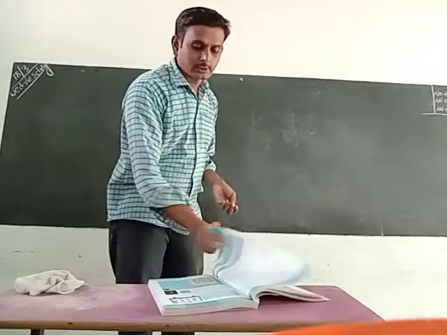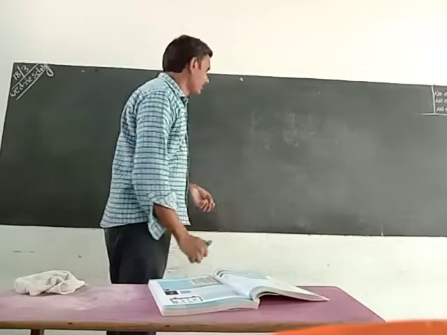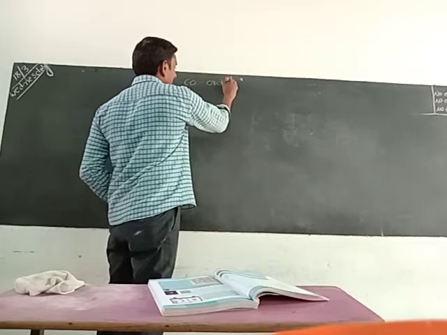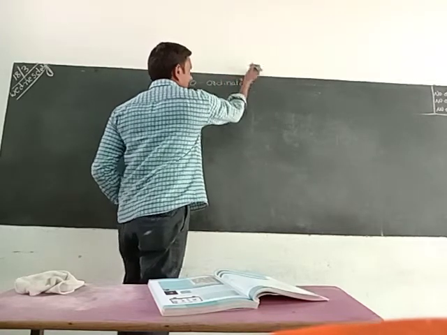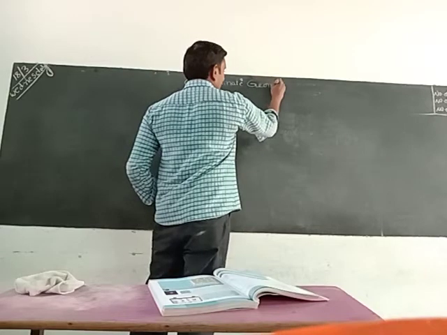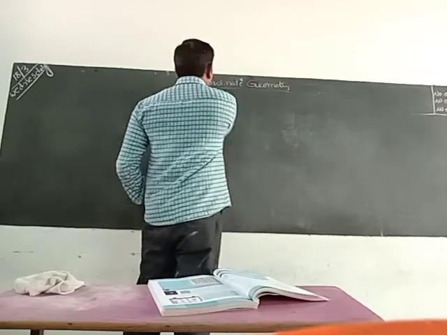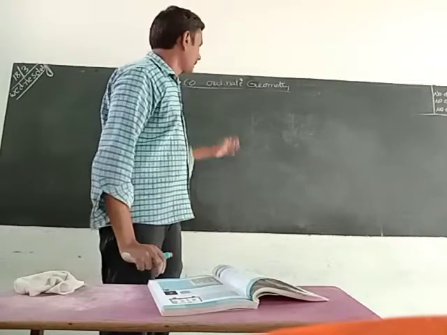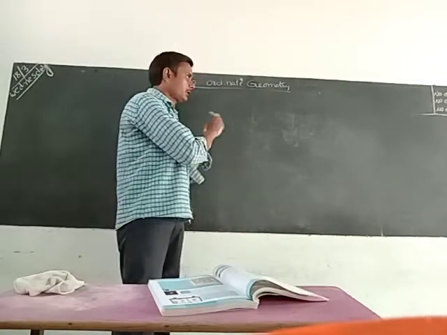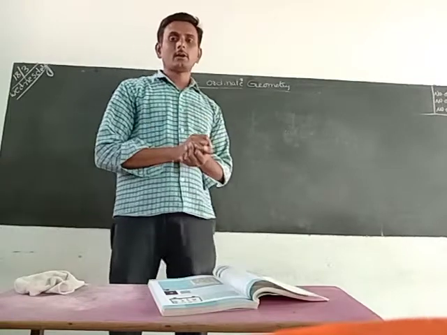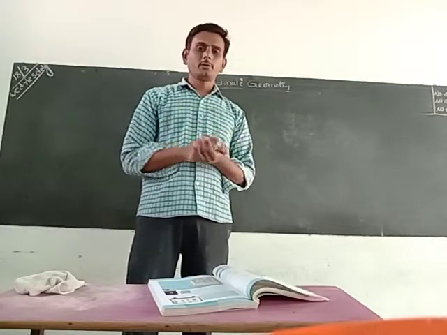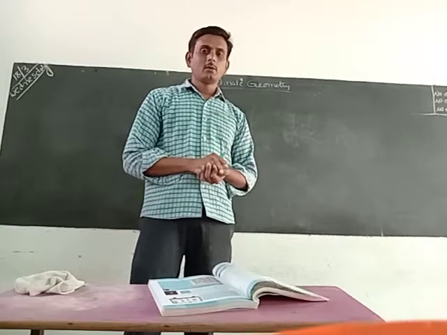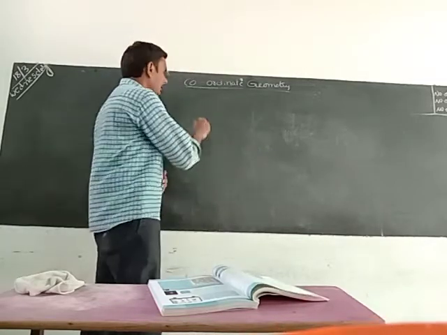Chapter 5. In your textbook, this is chapter 5, coordinate geometry. In coordinate geometry, we will discuss the topics related to coordinate geometry. Before going to that, we have to recall the concept of integers. Already we know integers. In 7th class, 8th class also we learned about integers. What are integers?